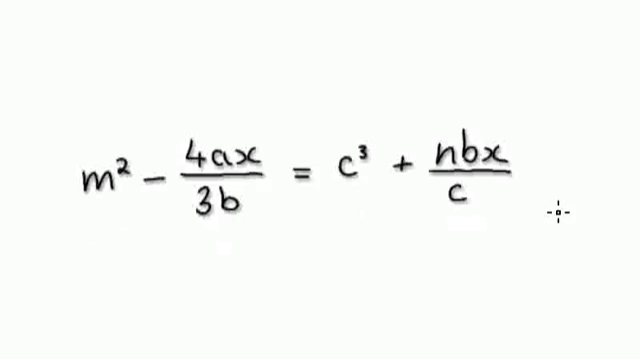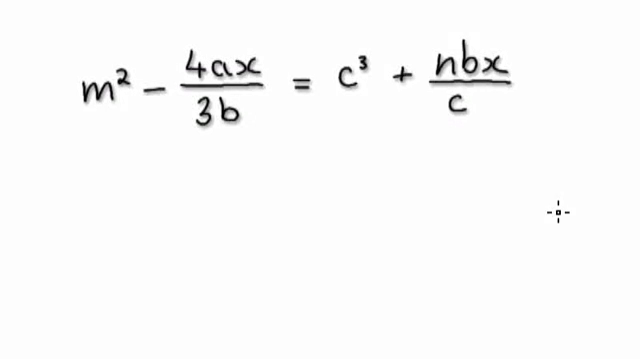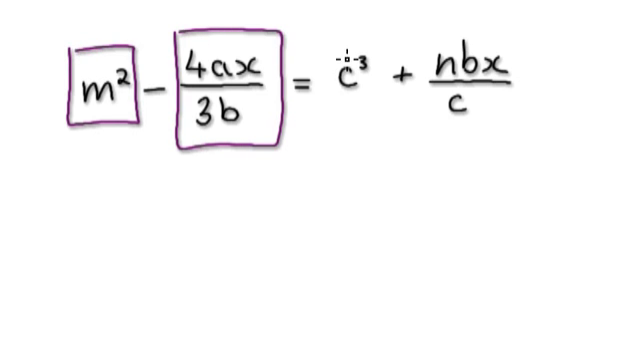Let me give you another example of a weird one. So here, make X the subject. Your eye should search for all the X's, so you can see it's here and here. So it's just a matter of visualizing it now. So now visualize this as you've got one block here, minus this block here, equals this block here, plus this